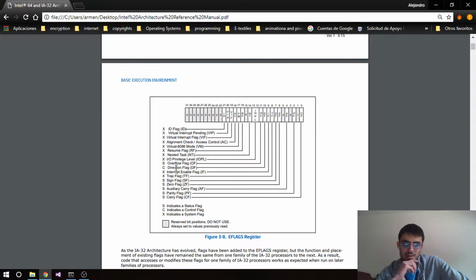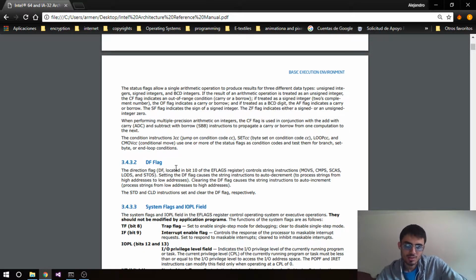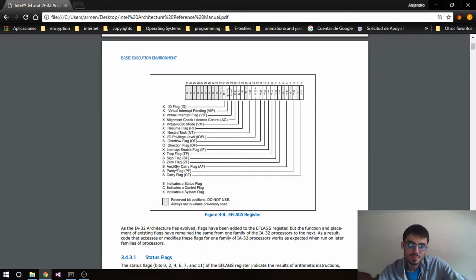There's the ID flag, the virtual interrupt pending, the virtual interrupt flag, alignment check, access control, AC, virtual 8086 mode, resume flag, there's a nested task, higher privilege level, overflow flag, cool,